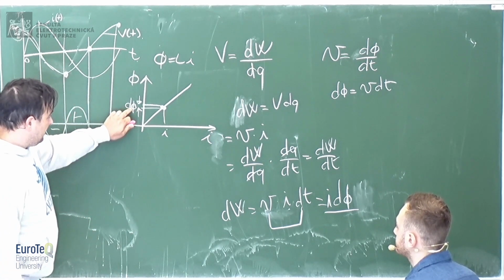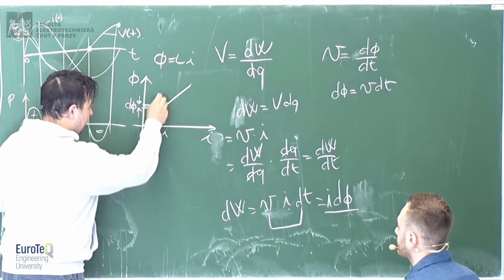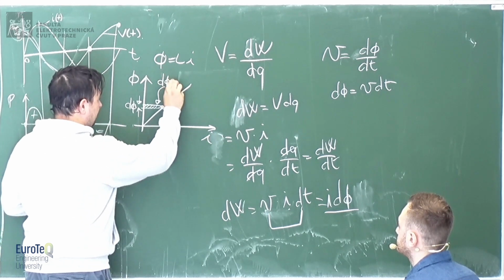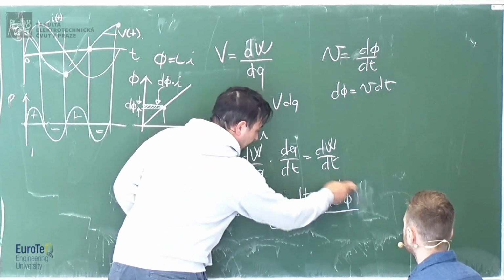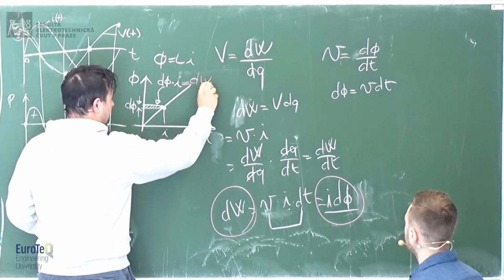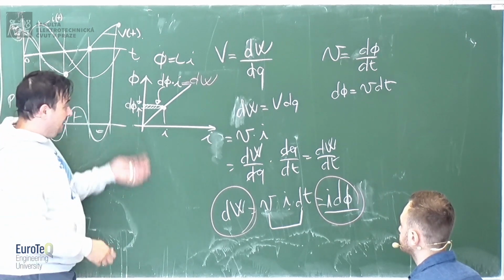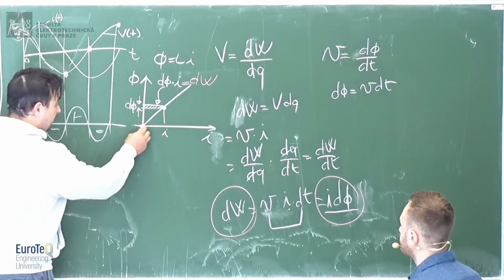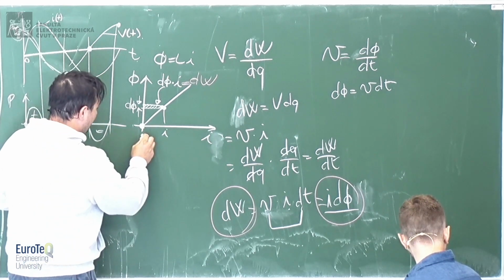So what is this elementary small slice? It is dphi times current, which is the elementary work. And again, if you want the total work, the total energy that you put in an inductor when you